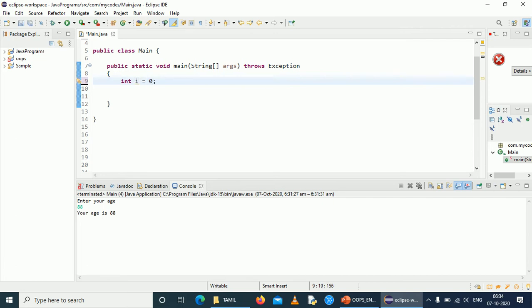So integer is a data type that holds numerical values, not fractional values, numerical values alone. It can be 0, 66, 55, anything.